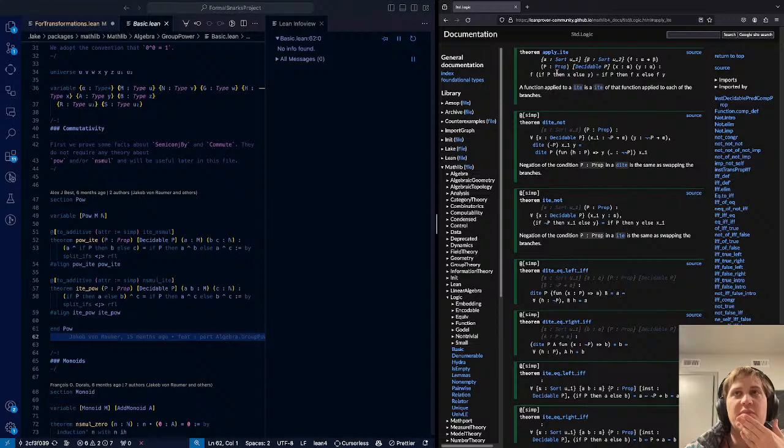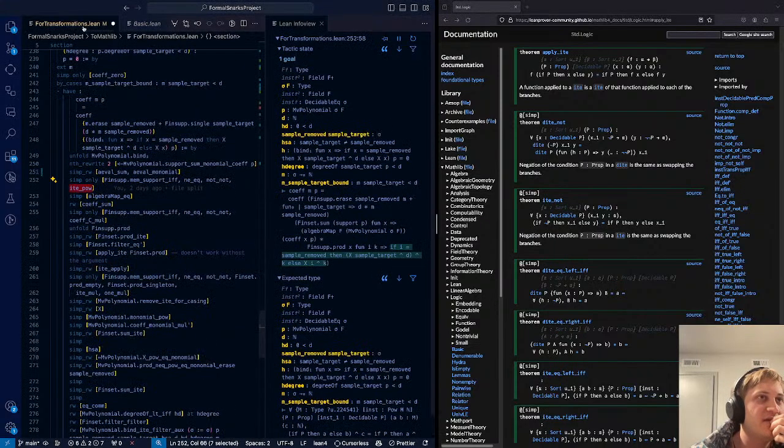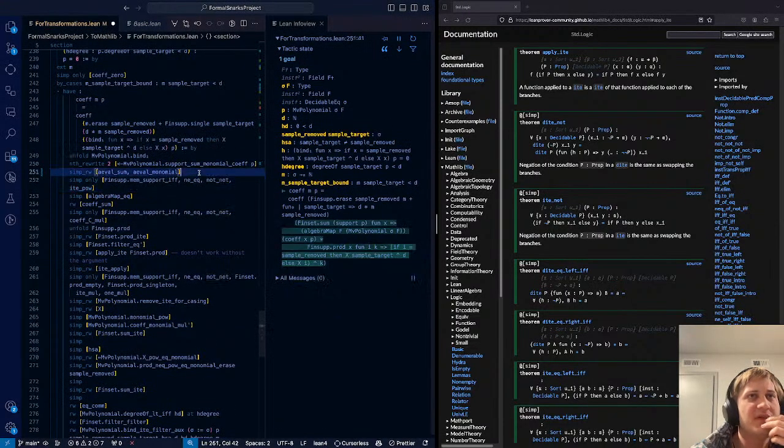Yes. f of if P then X else Y is the same as if P then f of X else f of Y. In some ways it surprised me that this theorem even exists at all. Why can't I have just done apply? Okay, let's try and memorize. If we have an if then else raised to some power, that's the same as taking the power of the branches. So going back here, what is being done?